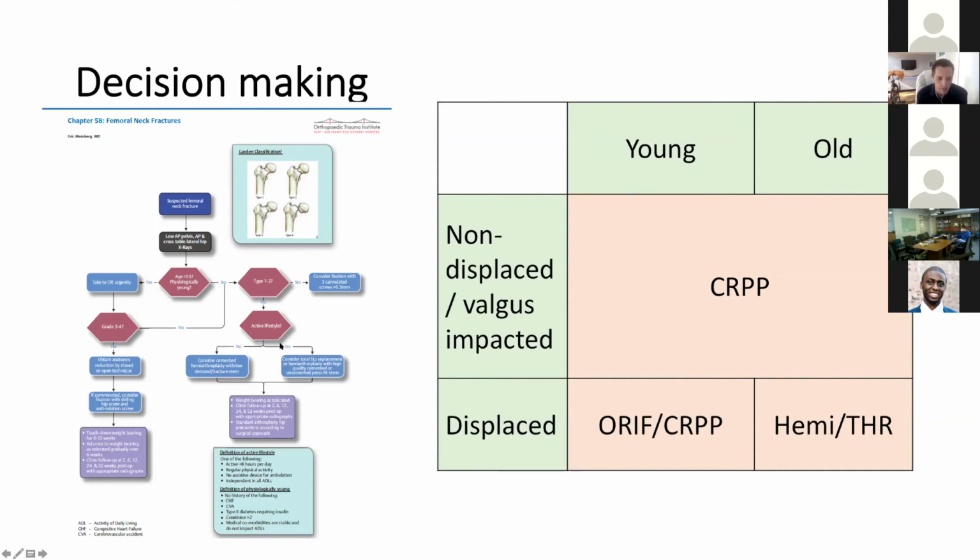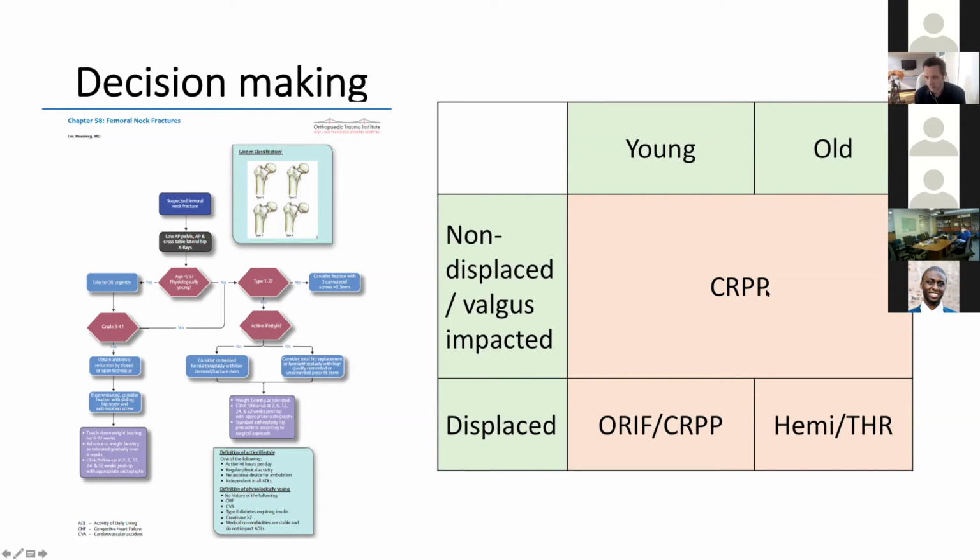But you can summarize this whole algorithm in terms of key decisions to be made for femoral neck fractures into two questions: whether your patient is young or old, and whether the fracture is displaced or non-displaced. If the fracture is non-displaced, it doesn't matter what age he is, he's going to get a